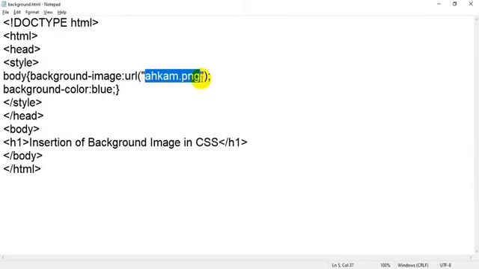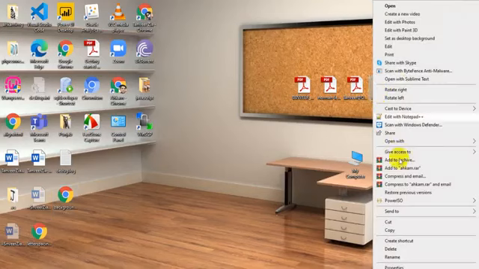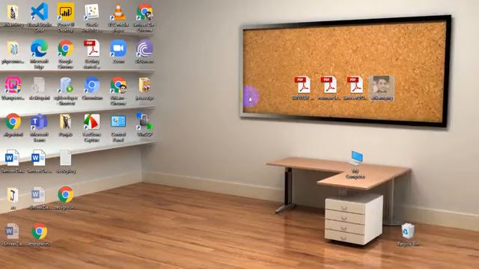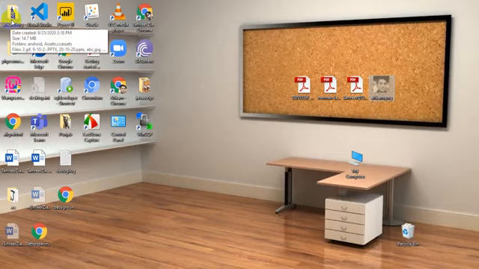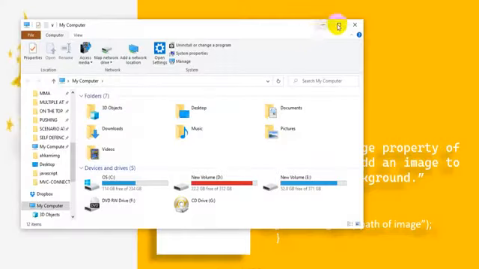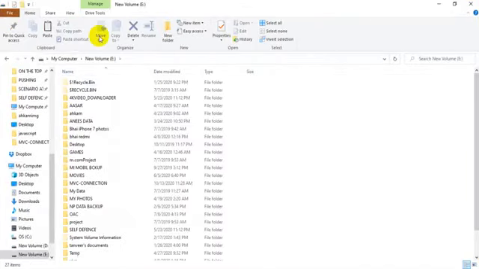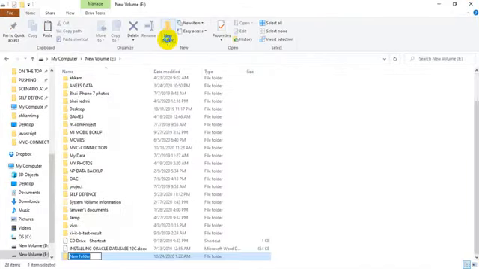But in case I remove that image, I just want to cut it and paste it in some folder. I go to my computer, then into the E folder, and inside E I create a new folder called images.